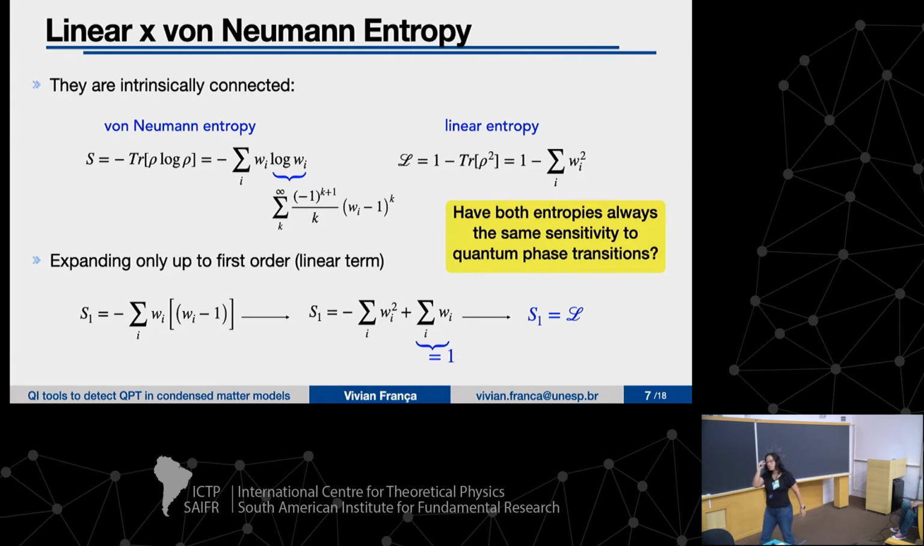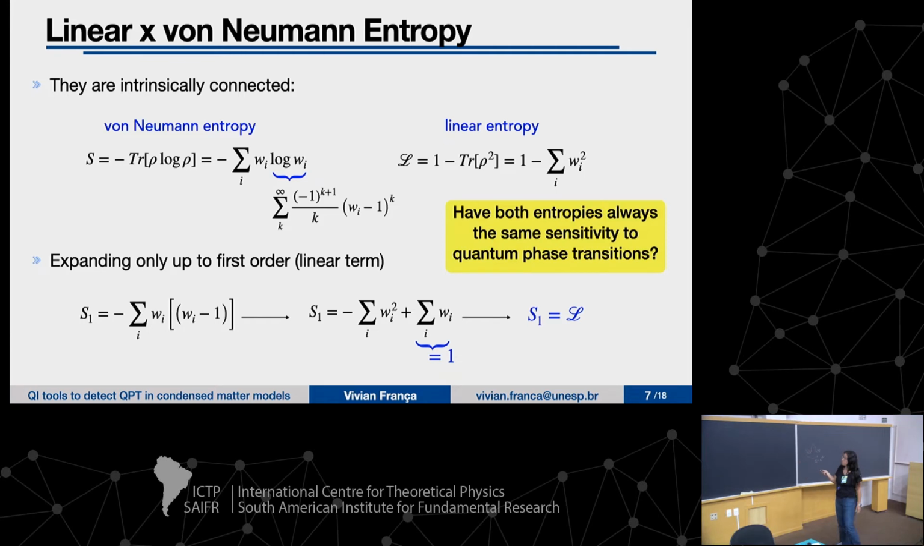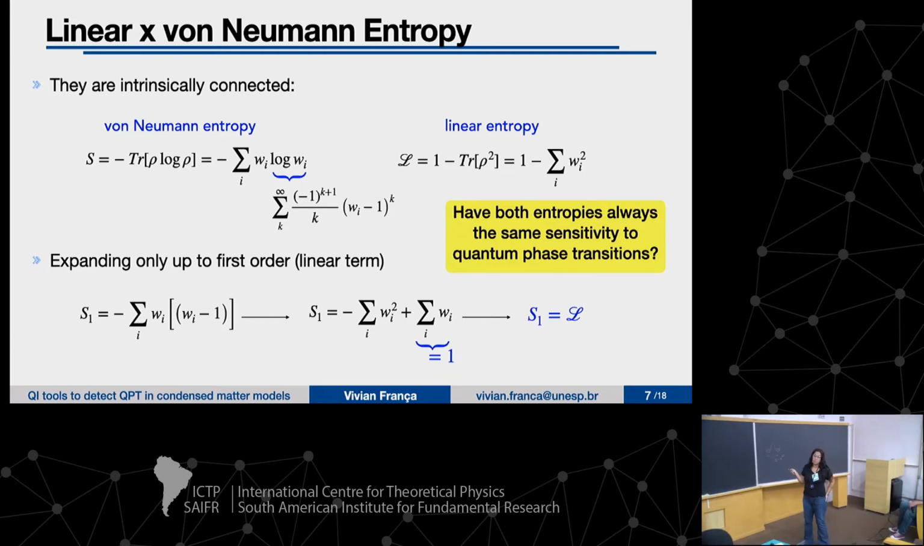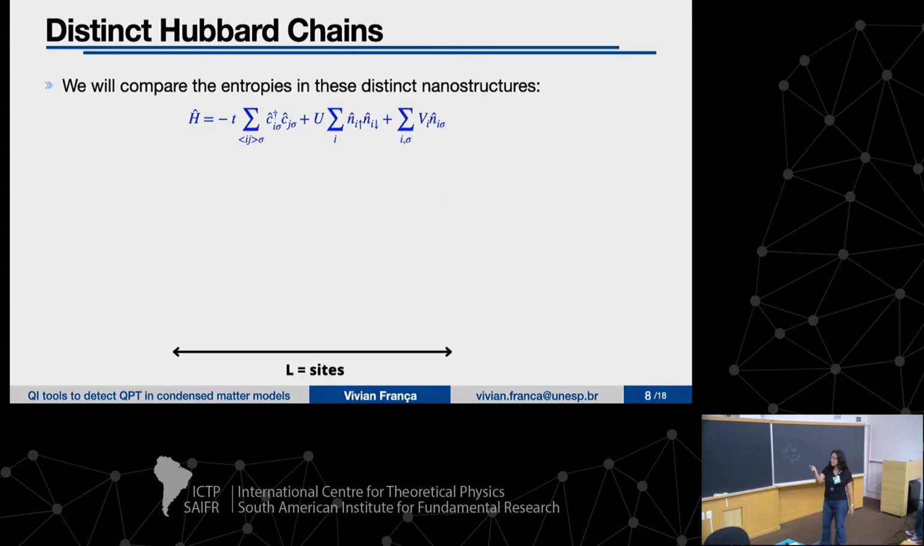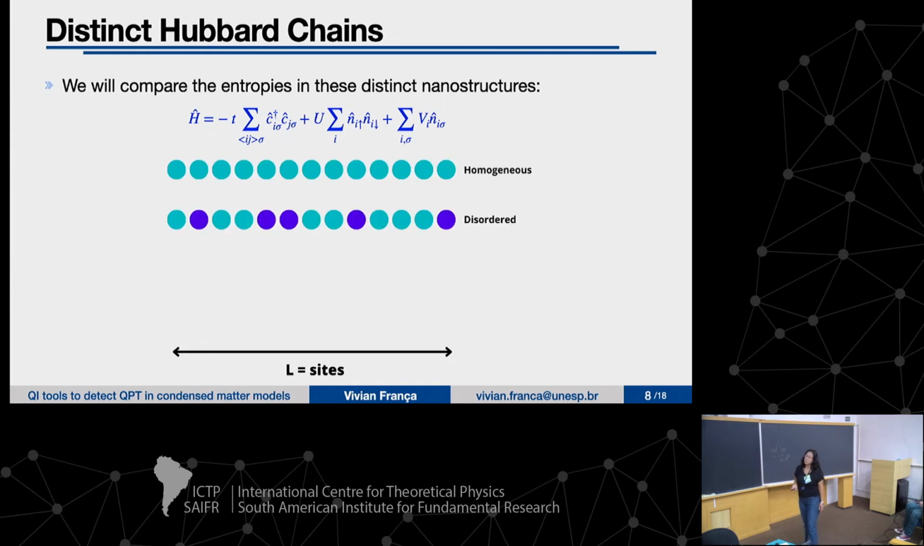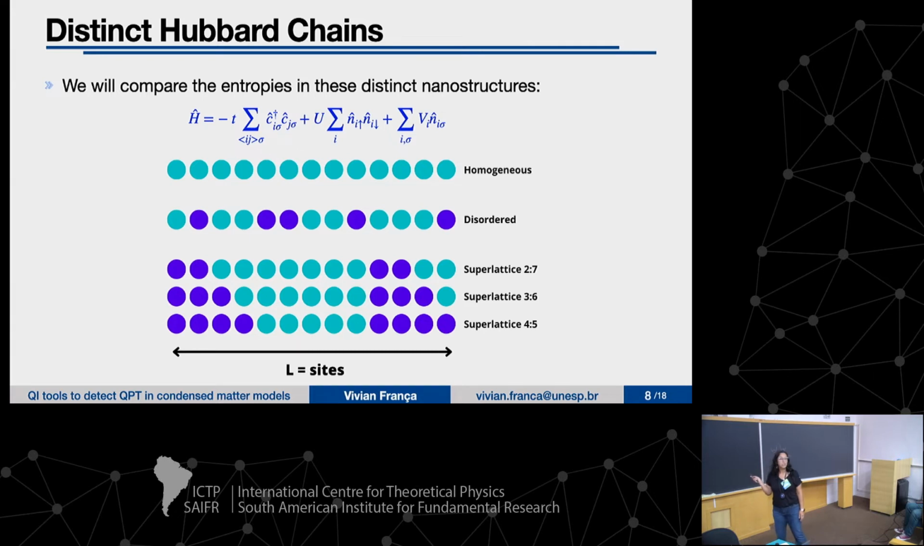And our question now is, do the 2 quantities really quantify, identifying properly, these quantum phase transitions? Are they completely equivalent or not? And to answer this question, we will use the Hubbard model in the homogeneous situation, in the disordered one, where here I'm defining this disorder as impurities with the same intensity with a certain concentration randomly distributed in the chain, and also some superlattice structures where we have a periodic potential with some